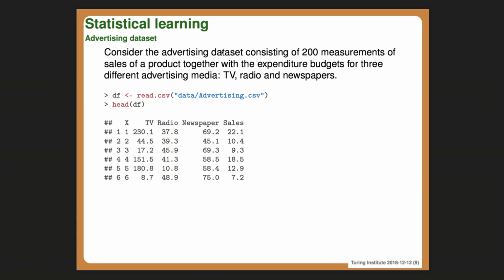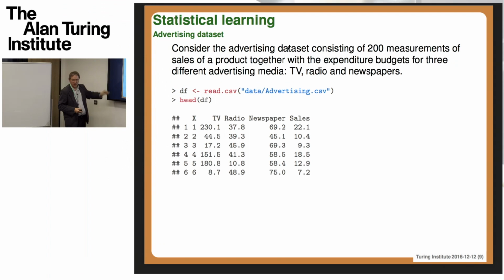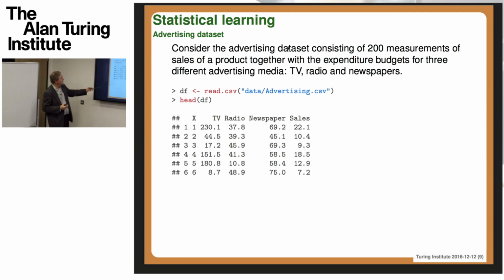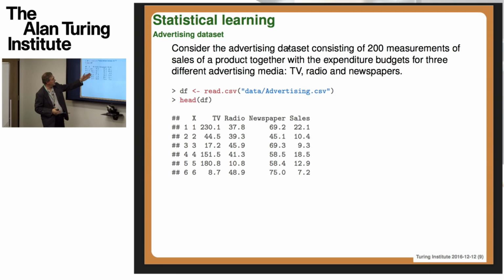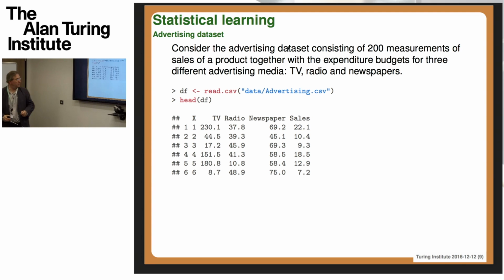Okay, so quickly look at a second example. In the second example, which is from some data which is made available with the Statistical Learning book, you can download it from the same website where the book is made available. So there's a CSV file which you can read into R using the read.csv function. Let's call that a data frame, and then the top 6 lines of that data frame are shown here. So this is a data frame with sales in some units together with expenditure on various types of advertising budgets. So there's a budget for TV advertising, another one for radio advertising, and a third one for newspaper advertising.